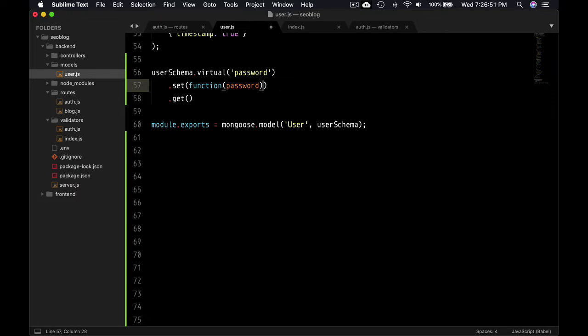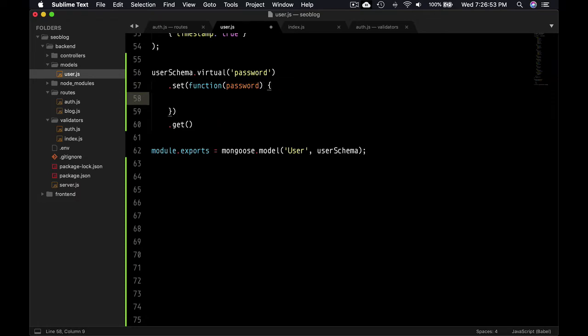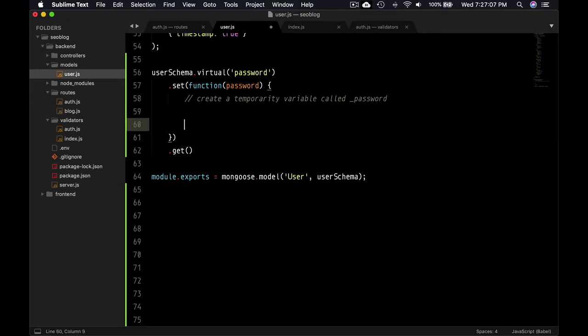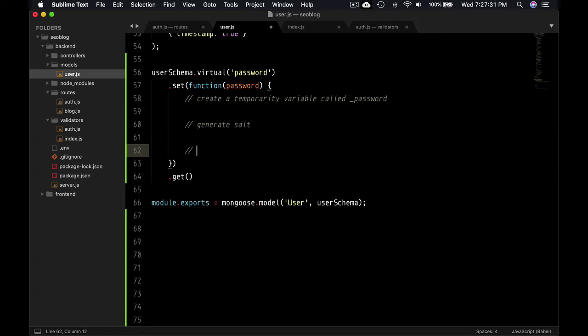password, and we're going to create a temporary variable called underscore password. Okay, then what we're going to do is generate salt. So it will be used for a hashing algorithm. Okay, so once we do that, we need to encrypt